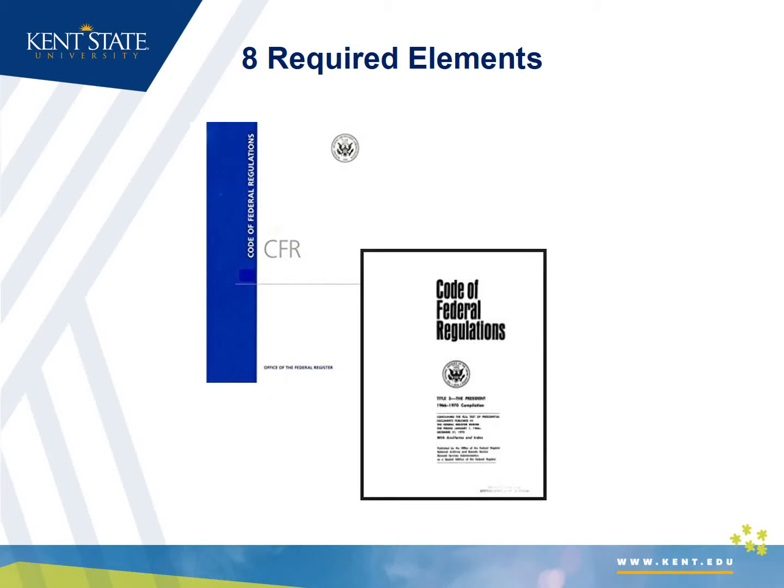The Code of Federal Regulations lists 8 basic elements that must be included in all forms of consent. You can be sure to address each element by using our templates. In short, these basic elements are: